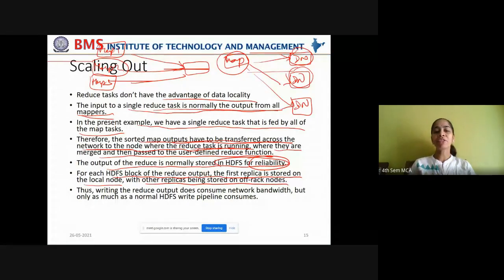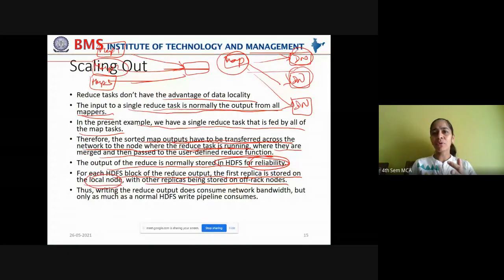So how is the replication factor maintained for the reduce phase's output? What is the reduce phase's output? Your final processing result. Now, how is that output maintained? The first replica, first copy, is stored on the local node. Yes, we know that any replication factor will be maintained like this only.